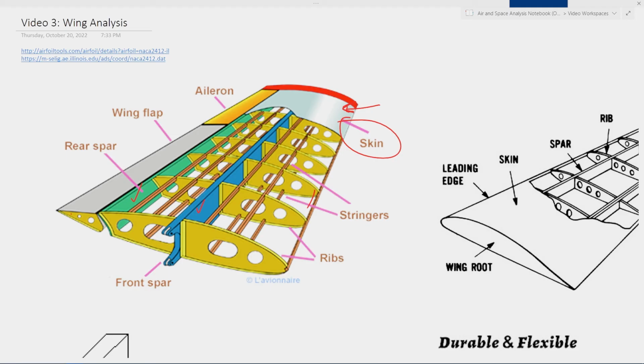Now, the skin also, in most modern aircraft and pretty much anything made of metal designed after the 30s and 40s time frame, is called a stress skin design. So the skin is not just there for aerodynamics, it is also part of the structure. That differs from something like airplanes with wooden wings with fabric over them. The fabric is just purely aerodynamic, and the skeleton structure below takes all of the load. Whereas in metal wings with stress skin designs, the skin itself is also part of the load